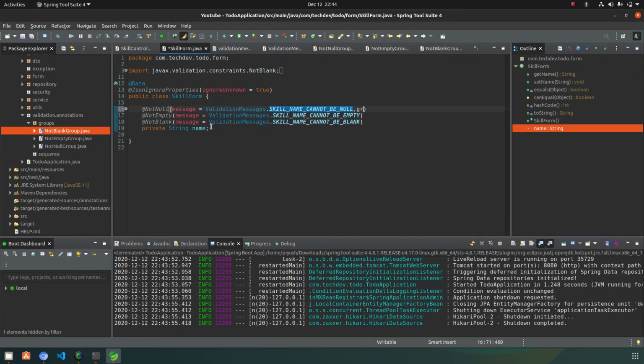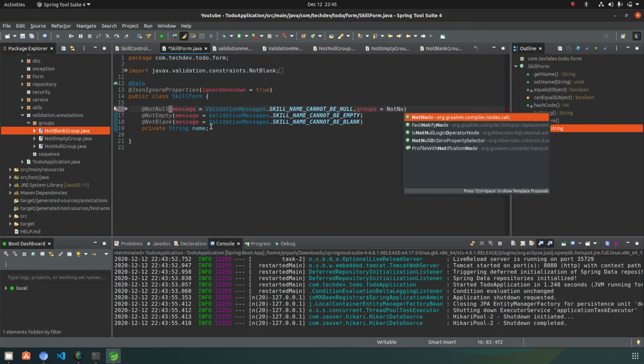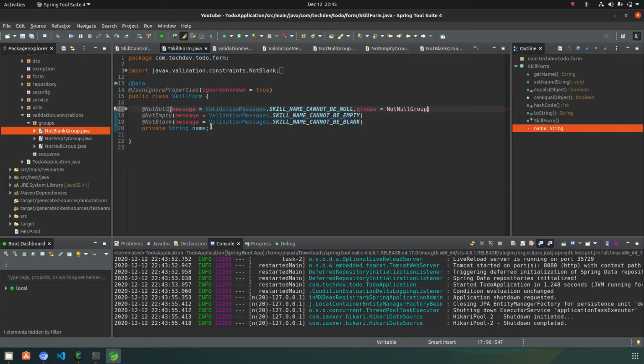Now go to the skill form and use the groups attribute. Since we are using the not null constraint, we need to provide the group related to it, so the group name will be NotNullGroup.class, meaning this not null constraint will be related to the not null group. So we are just grouping the constraints, and then we will provide the sequence in which these groups should work.